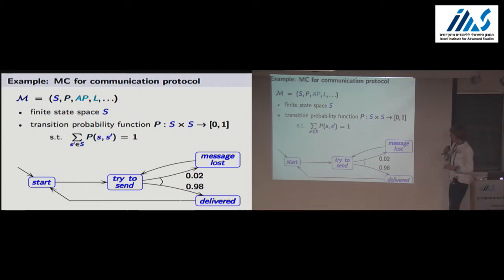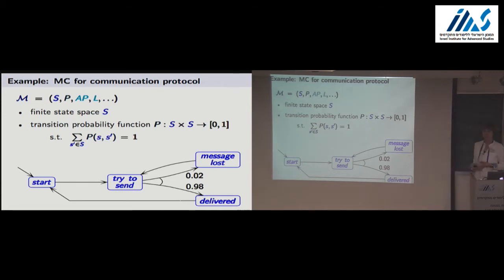Well, here's a very simple example, a Markov chain with 4 states, which describes a very primitive communication protocol. So here we start and generate a message. Then we move to this state where the system tries to send the message. For some reason, something goes wrong, so the message gets lost via the channel with probability 0.02, in which case we try again, and we hope that eventually the message will be delivered and we return